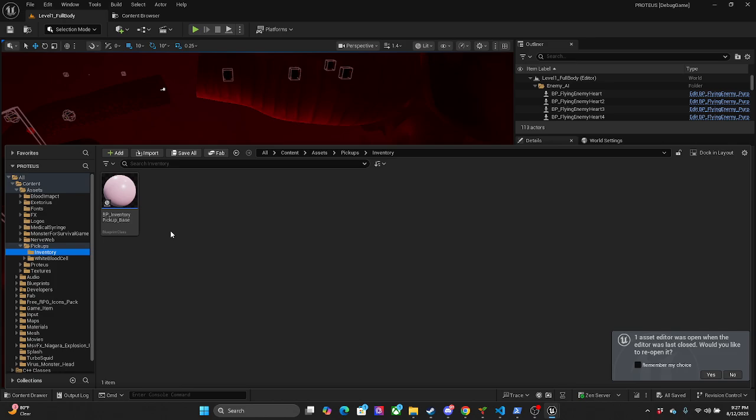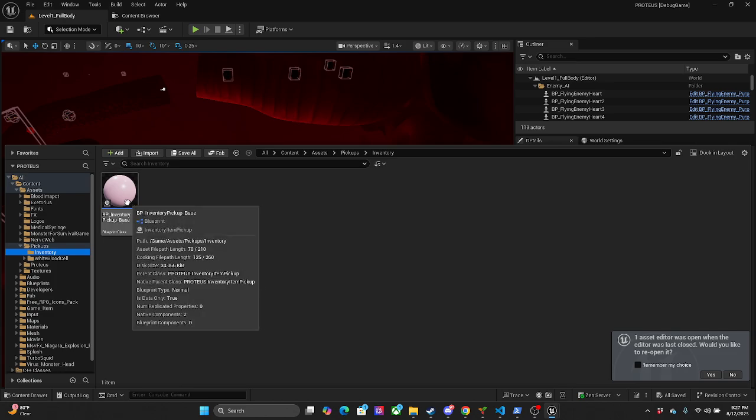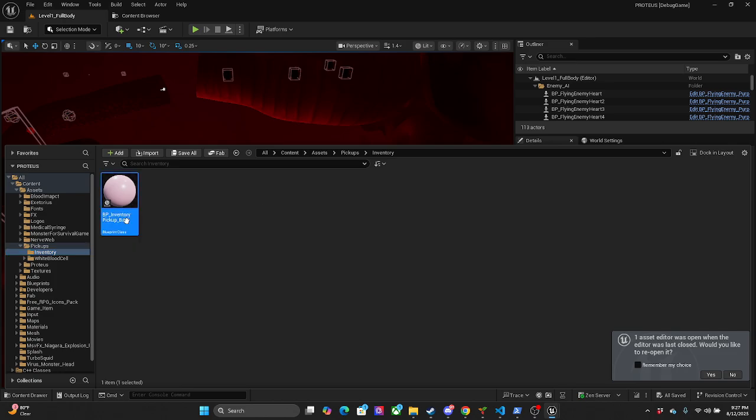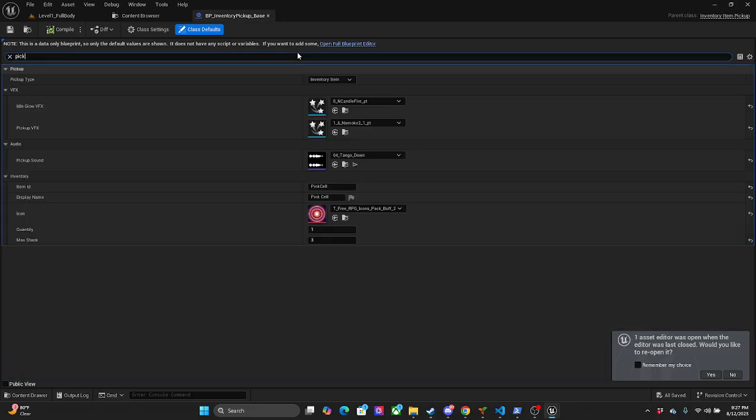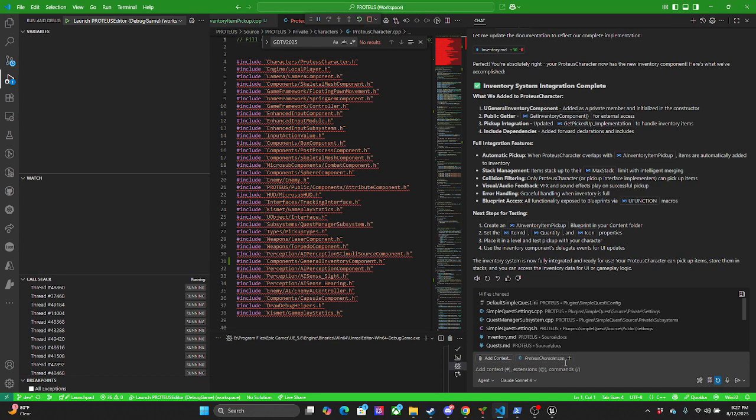Pickups, inventory, pickup base. Max stack was set to three, but it didn't. It let us pick up four. Okay, so a couple bugs.